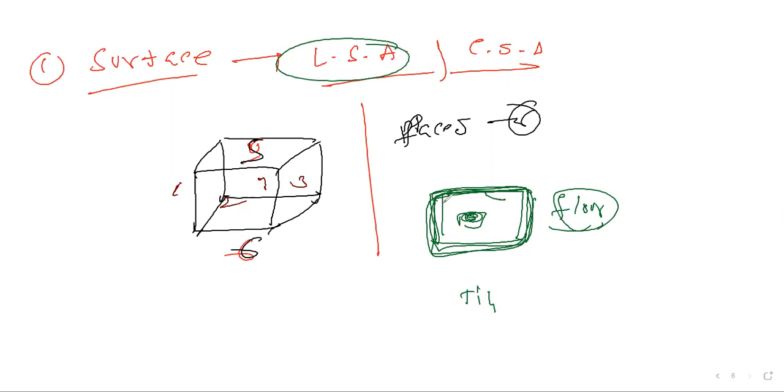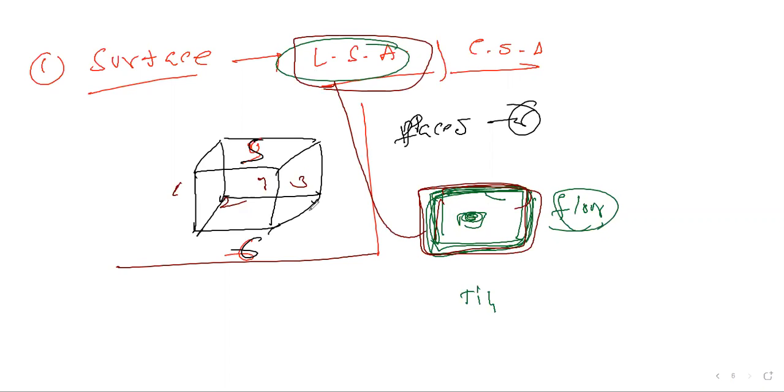So lateral means we want only the 4 sides. These 4 sides are nothing but the lateral. We can call lateral a 4-sided figure. Am I clear? In the examination, what they are asking is the lateral surface area, meaning the area of the 4 sides.